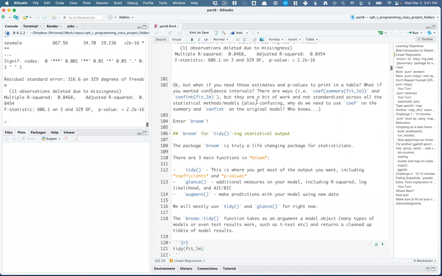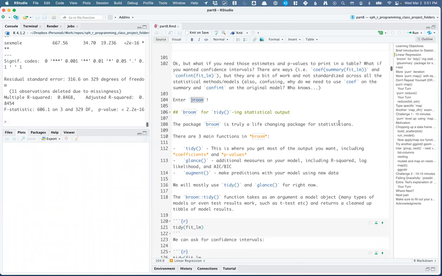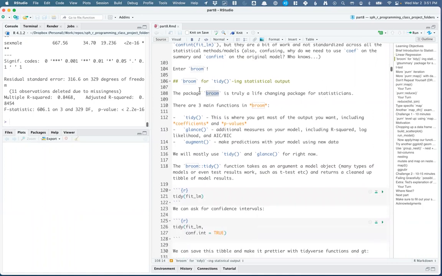So those are the default base R ways of pulling out information, but there's actually a package that was developed a few years ago called broom. And I say here that broom is truly a life-changing package for statisticians, and it really saves so much time. I cannot express how much time I've saved in my life because of broom. Because what it does is it pulls out information from most kinds of models in the same exact way. So if I want to run a linear regression model or a logistic regression model or a grouped lasso model from some machine learning method,